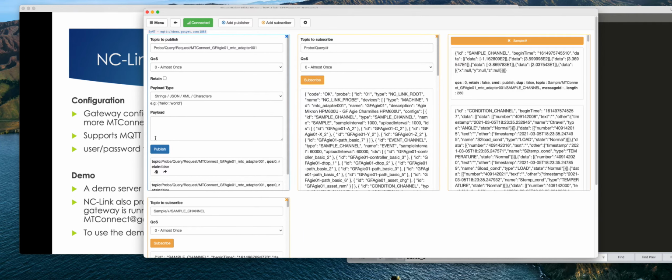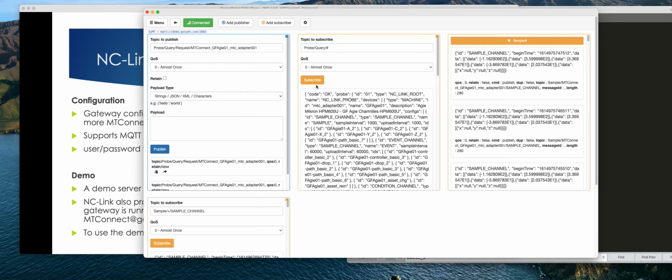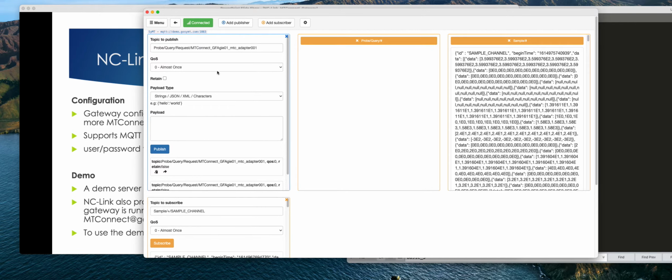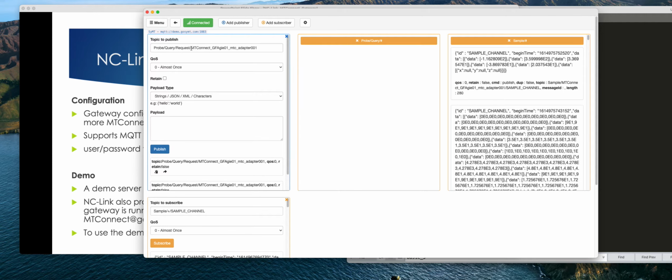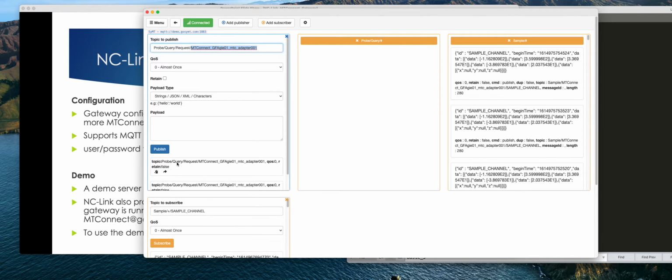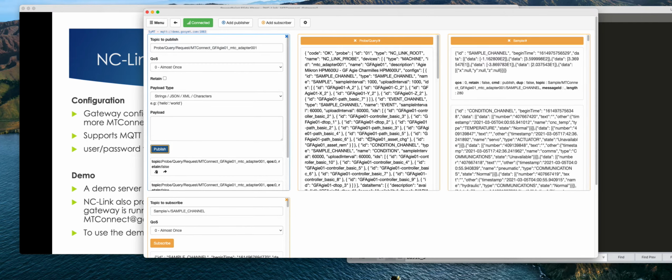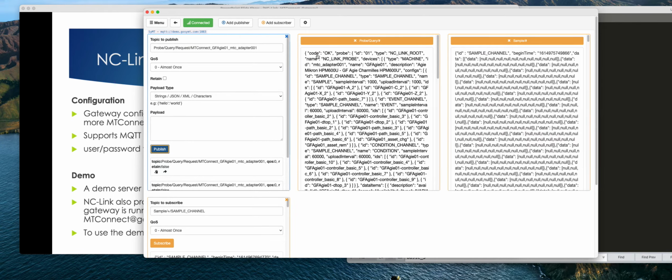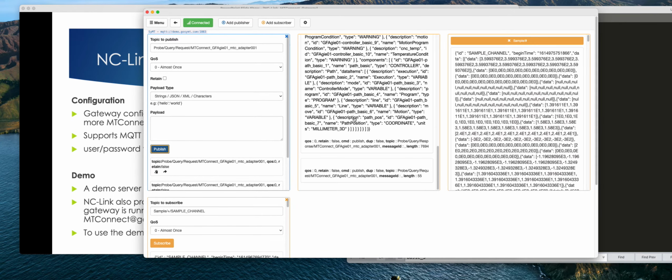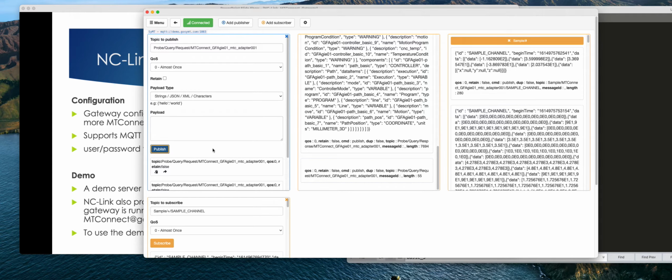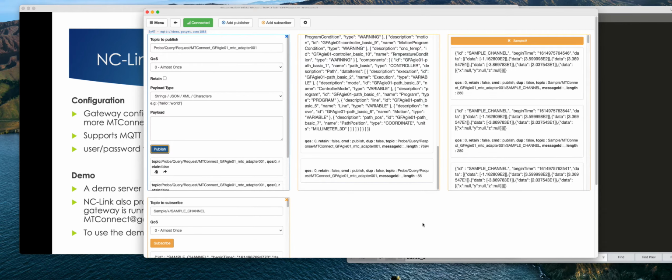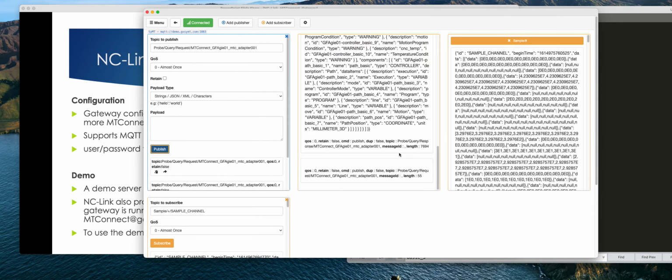You could also find out what all the model files are for this particular MT Connect agent, and this is what it looks like. So that's one way you could show what data is being published right now.